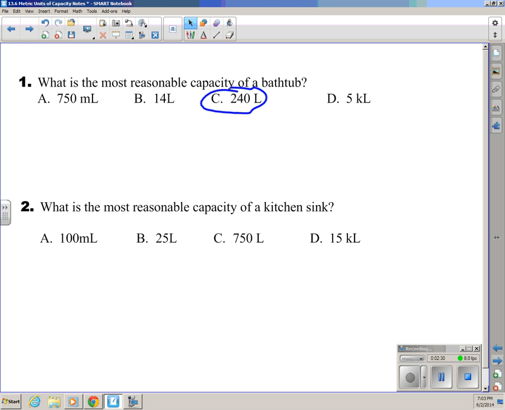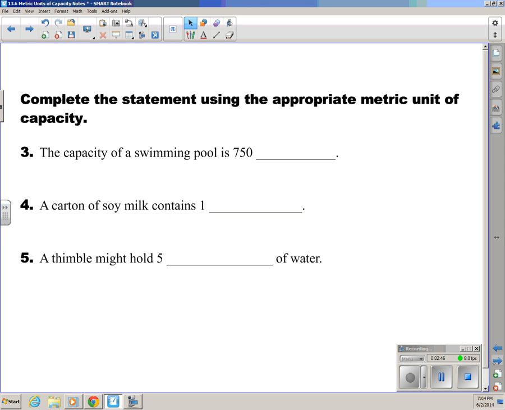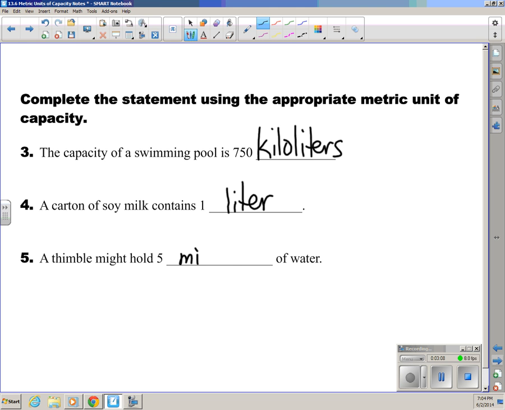What's the most reasonable estimate for the capacity of a kitchen sink? Best choice here would be 25 liters. 25 water bottles would be the best choice. Complete this statement using the appropriate metric unit of capacity. The capacity of a swimming pool is 750 kiloliters. A carton of soy milk probably contains 1 liter, and a thimble might hold 5